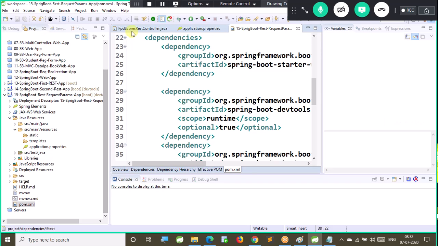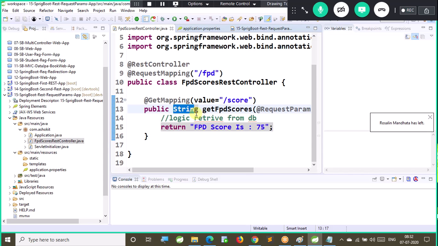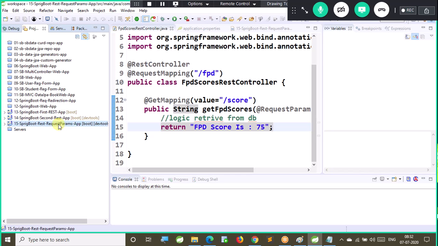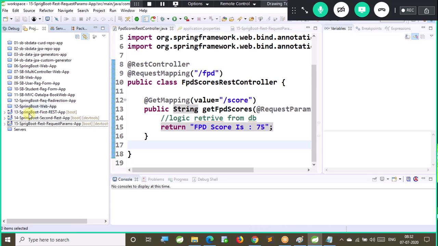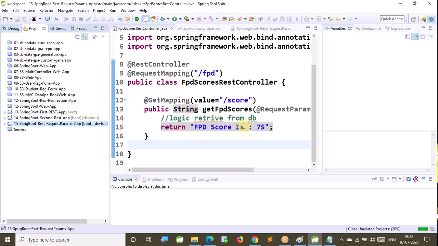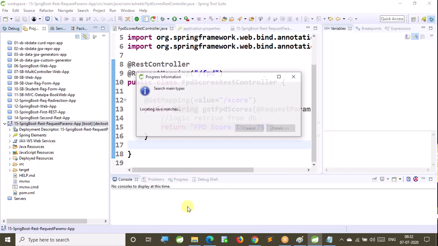So directly the REST controller. A REST controller will always return the response body directly. There is no presentation part in the REST API. Please remember that part. I told you what is C2B, what is B2B. If there is C2B communication, then UI will be available. But in B2B, UI will not be available. All right. Let's run our application. Yeah. So I closed all the remaining projects. This is enabled now. Run it. Run as boot app.